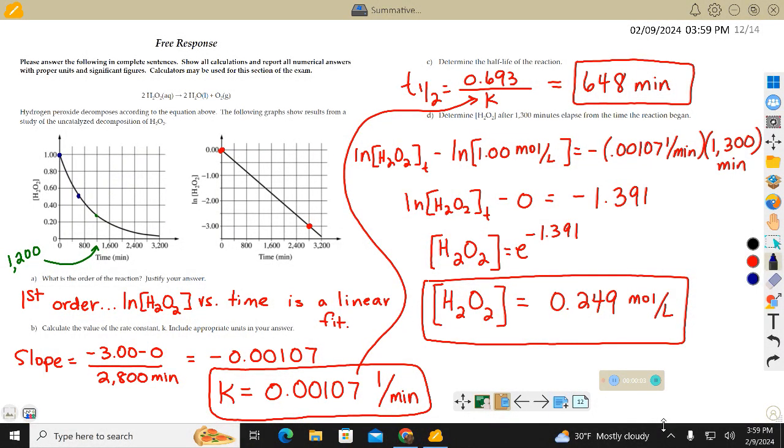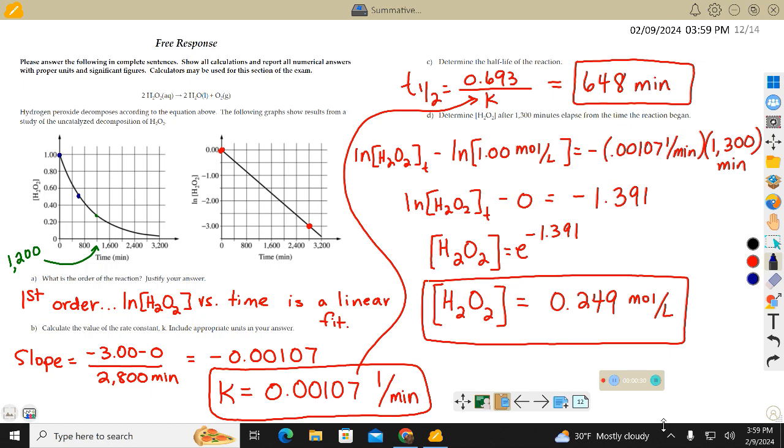Here's the free response from the Kinetics Summative. This first one was all about the decomposition of hydrogen peroxide. They show the concentration versus time and the natural log of the concentration versus time, which is linear, so I know it's first order. In part B, I want to calculate the value of the constant K, which the easiest